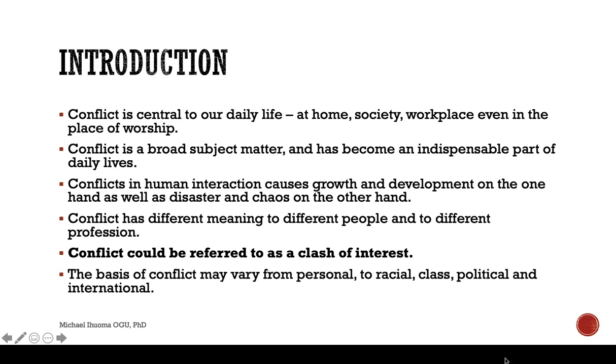continue this conversation. Some of the basis for conflict, as you can see on this slide, include personal issues, racial issues, and of course, we have had so much of these racial issues or racial basis for conflicts in the West, especially in the US, with the Black Lives Matter and all the various struggles over racist actions and perceived injustice, as the case may be. So class, political, international, I mean, there's so many bases for conflict. All right, but let's keep at the back of our mind that conflict, basically or generally, refers to a